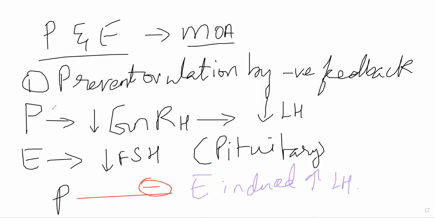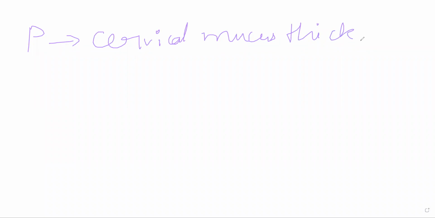Other than that, progesterone also makes your cervical mucus very thick. As such, progesterone has an effect where it can make cervical mucus thick, but if you give it as a synthetic drug, that effect will be even more pronounced. If cervical mucus is very thick, sperm will not be able to reach your uterus properly, and it will not be able to reach the fallopian tubes. It will essentially create an unfavorable environment for the sperm to penetrate, because it is thickening the cervical mucus.